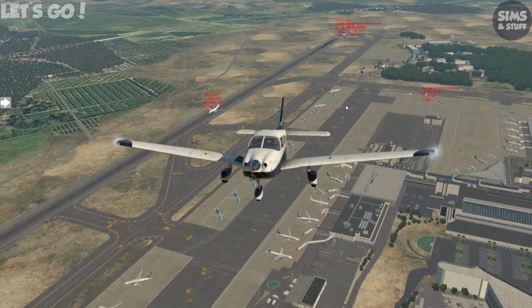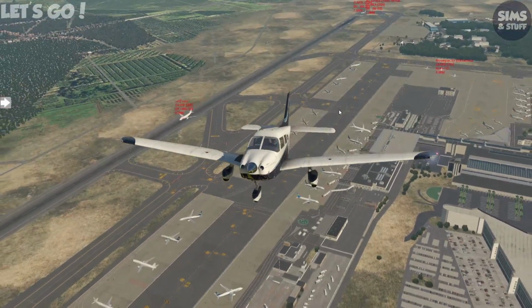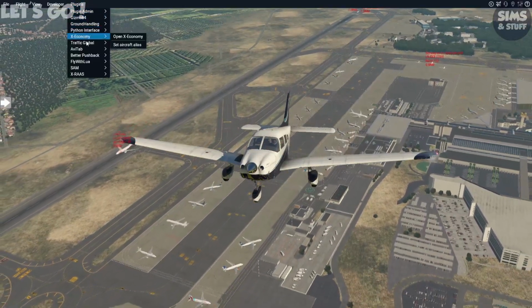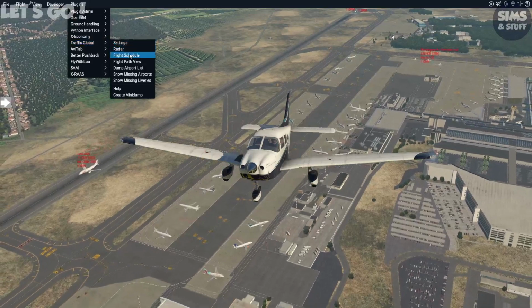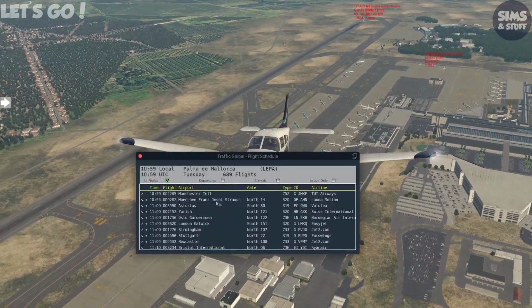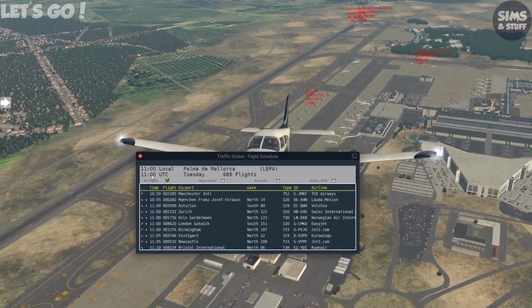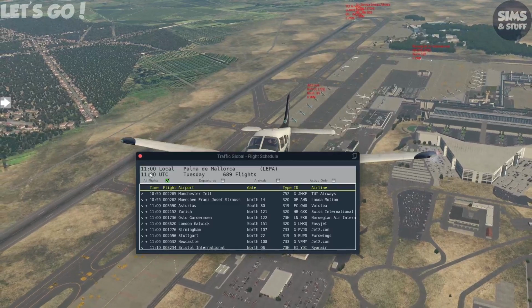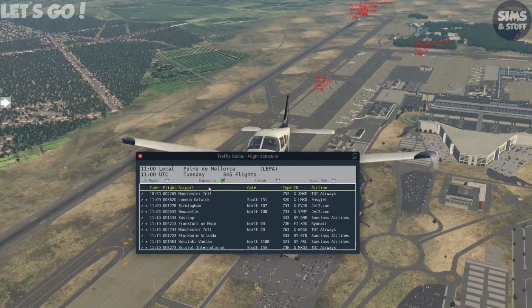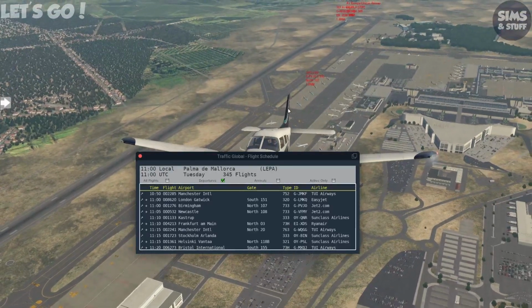If you've not seen Traffic Global, it basically adds in AI traffic that uses real traffic patterns. So if we look at the flight schedule, it will actually show you flights that actually have taken off. They're a few weeks behind from the airport we're at. So local time is 11 AM. So flights coming in and flights going out. So departures, so 11 AM to Gatwick. You can actually see the next plane